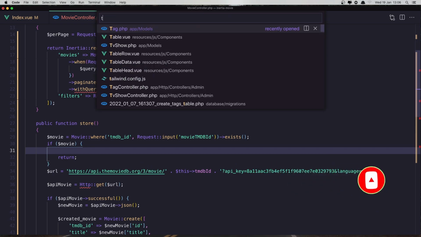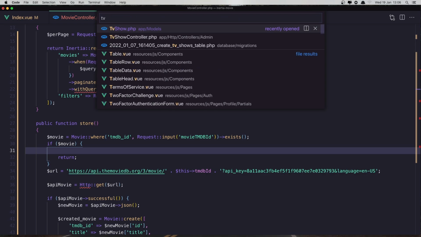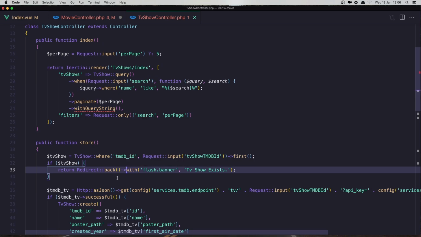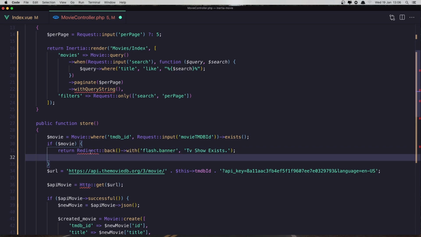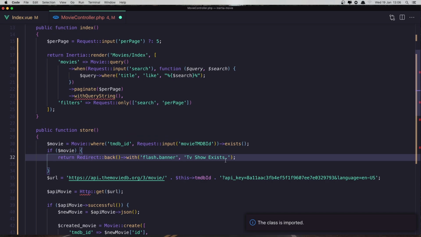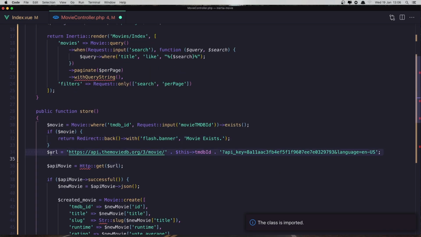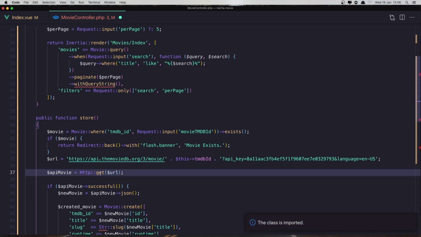and I'm going to open the TV show to copy that. What I have? TV show controller. So TV show controller, and copy this and close now. So here we are going to return redirect back with flash banner movie exist. Okay, now if it's not exist, we are going to make a request to the import first the HTTP,